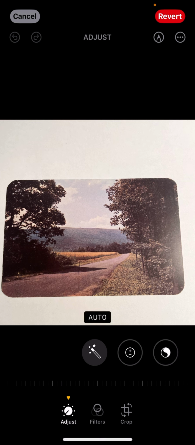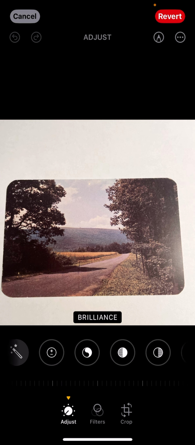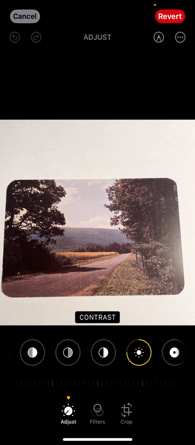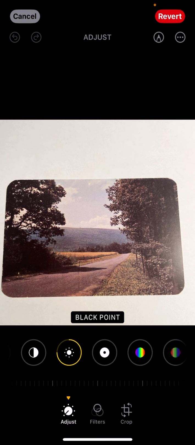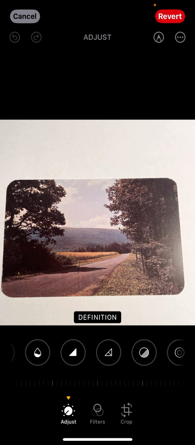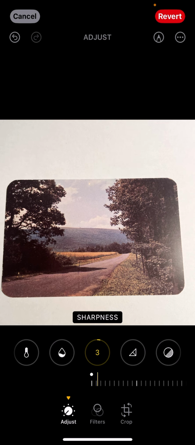Once you select Edit, it will take you to this screen here, and there's a bunch of different photo settings that you could edit from. If you want to get to sharpness though, you are going to have to scroll all the way towards the end there. The little triangle icon will take you towards the sharpness setting. Click on the sharpness setting itself, and then it'll bring up a slider below it where you can adjust the